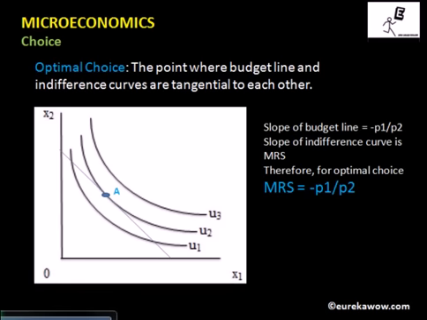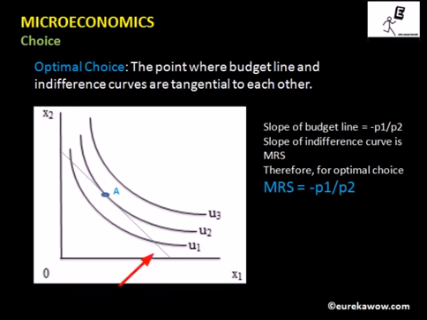Suppose the budget line is given and we have also been given indifference curves. Now point A is going to be the point of optimal choice because at this point the indifference curves and the budget lines are tangential to each other. But why is this so? Suppose we take an indifference curve like U3. Now each bundle that is lying on this line U3 is not affordable by the consumer. Why? Because it lies outside the budget set. It's not lying in the budget side.